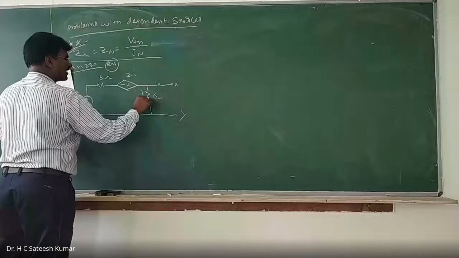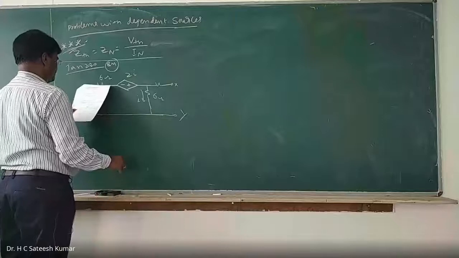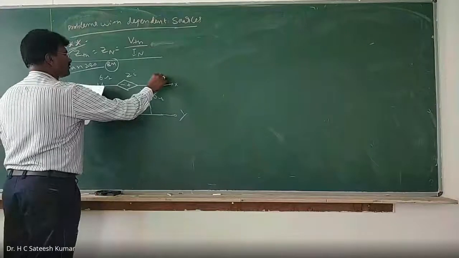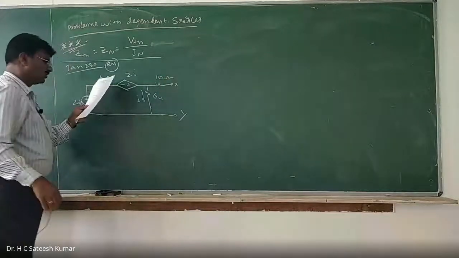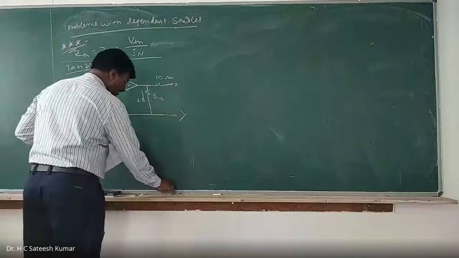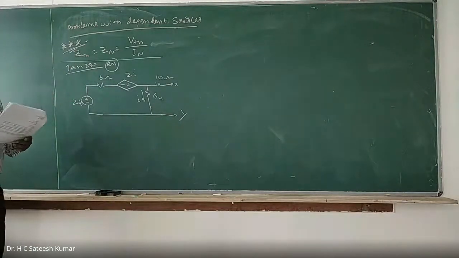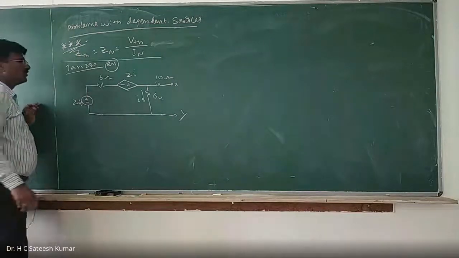This is your I. You should be very careful while doing this kind of problems. All the complicated problems are there in Thevenin's and Norton's. Time consumption is less, thinking is more in this. The more you think, the faster we can finish. If you know the idea, you can finish very fast. So this is your 8 marks question. You have to find out Thevenin's equivalent. So a dependent source is there.